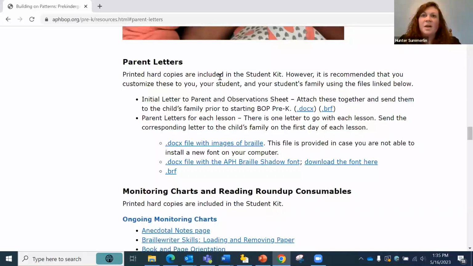I think sometimes parents can be overwhelmed if they are not Braille readers themselves at the thought of having a Braille reading child at home and not knowing exactly how that's going to look, and perhaps having a little bit of trepidation. But the parent letters are a great way to get the family involved. They suggest many